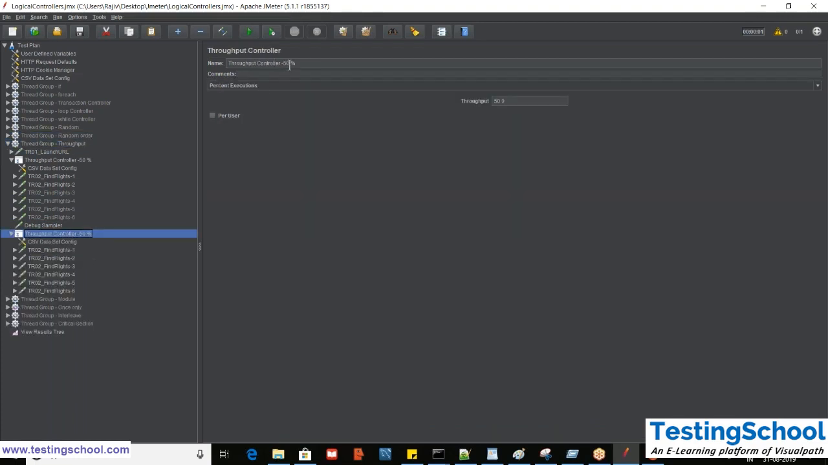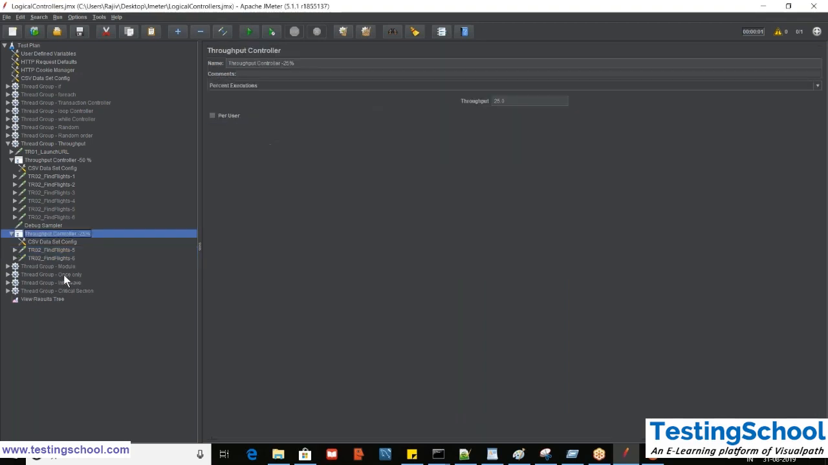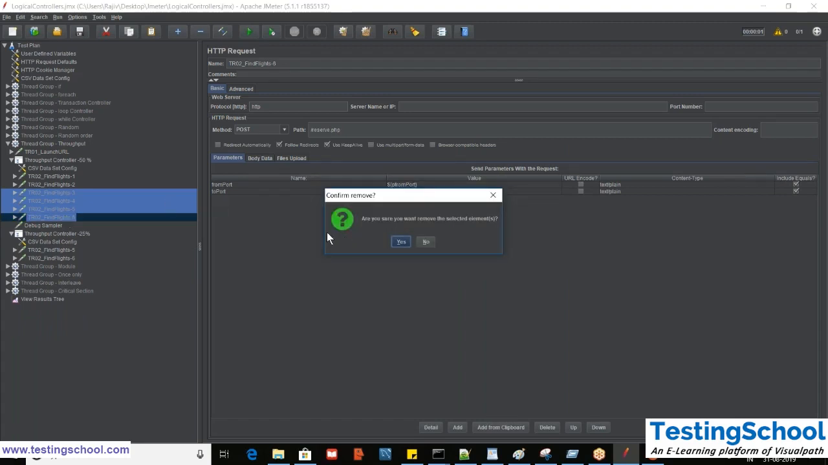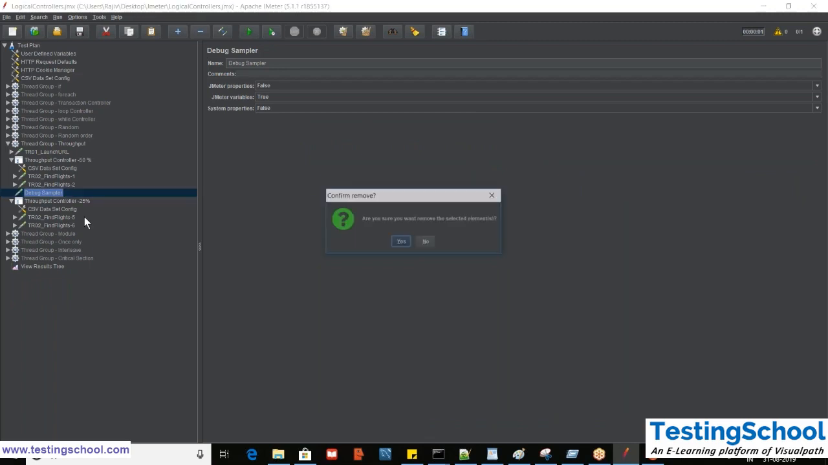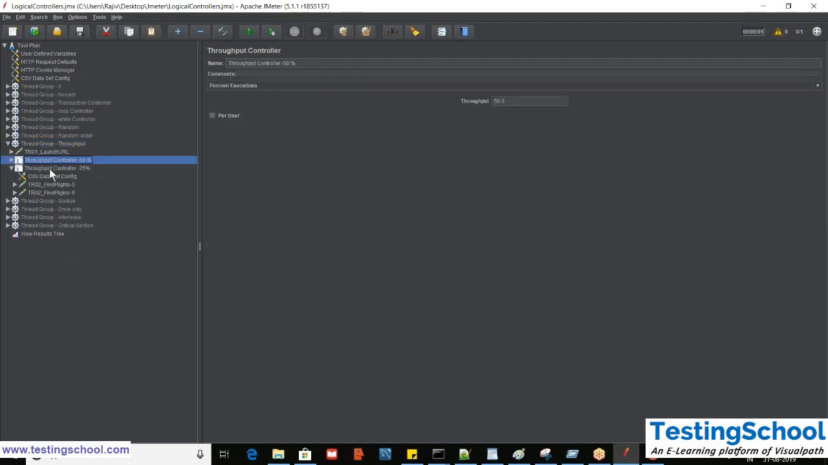So I'm giving it 25%, 25. I'm mentioning over here as 25%. Now I'm removing the first 4. So we'll see how actually it will work. So I'm executing it for 4 threads, and I have mentioned for the first throughput controller 50% of the transaction